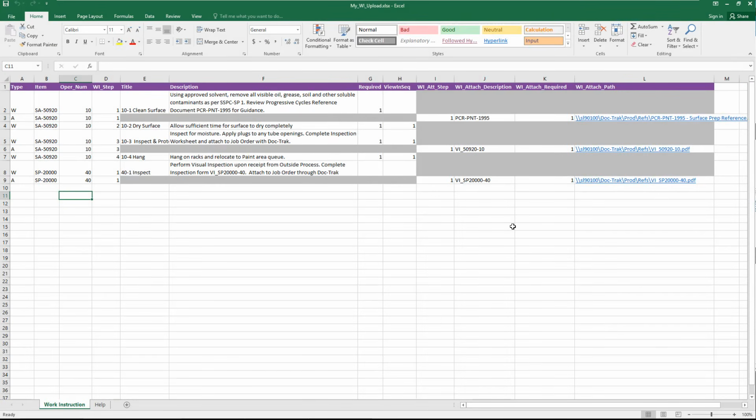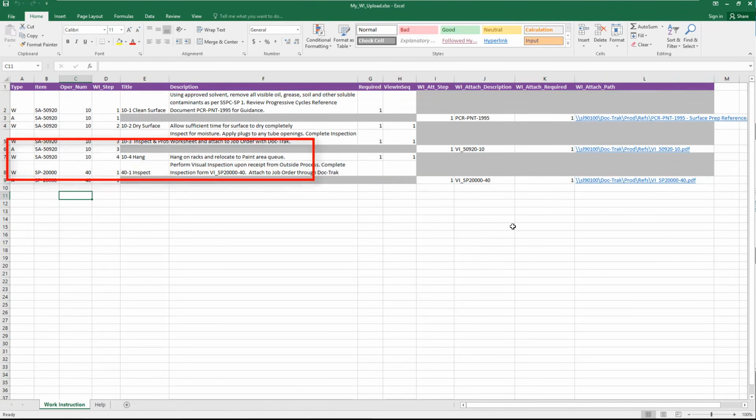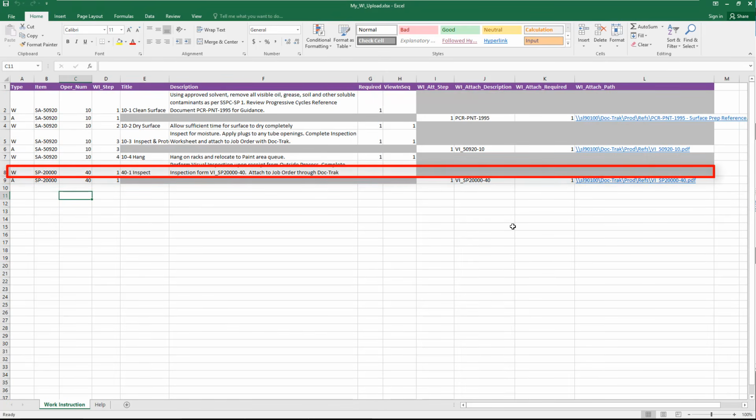Okay, now I'm ready for my upload. Notice, not only did I finish the work instructions for my frame assembly, but I've also added some for another item in the same worksheet. Here are the instructions to inspect our SP20000 sprockets at Operation 40 when they're received back from an outside process.